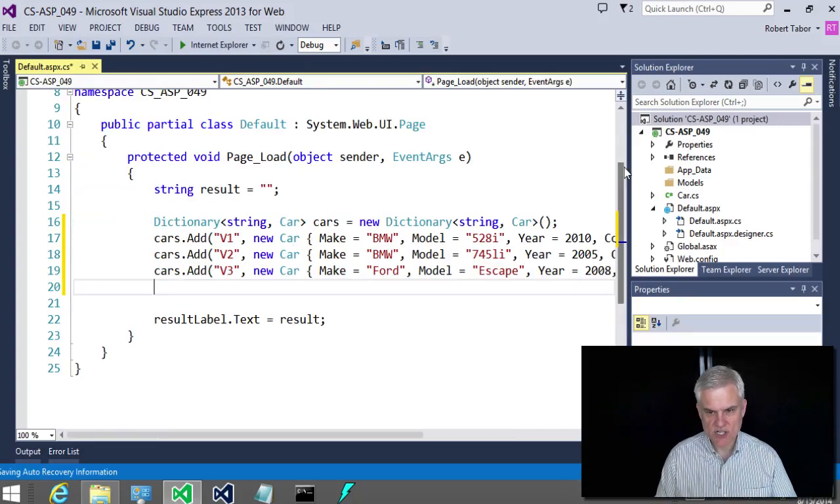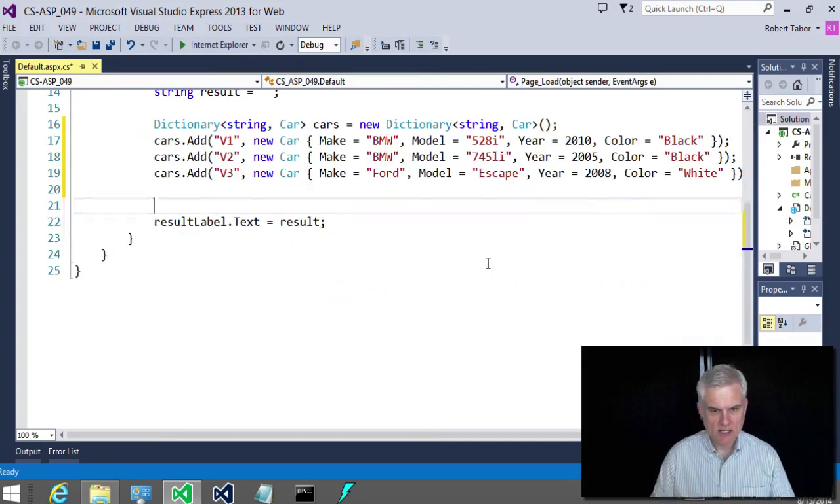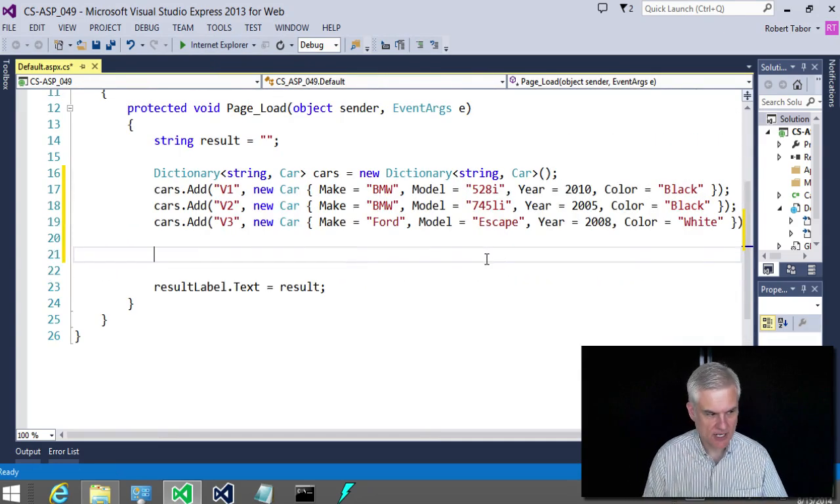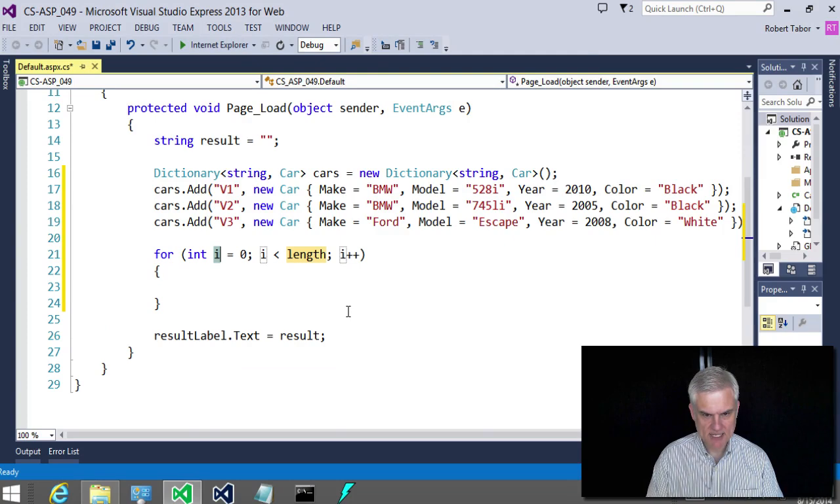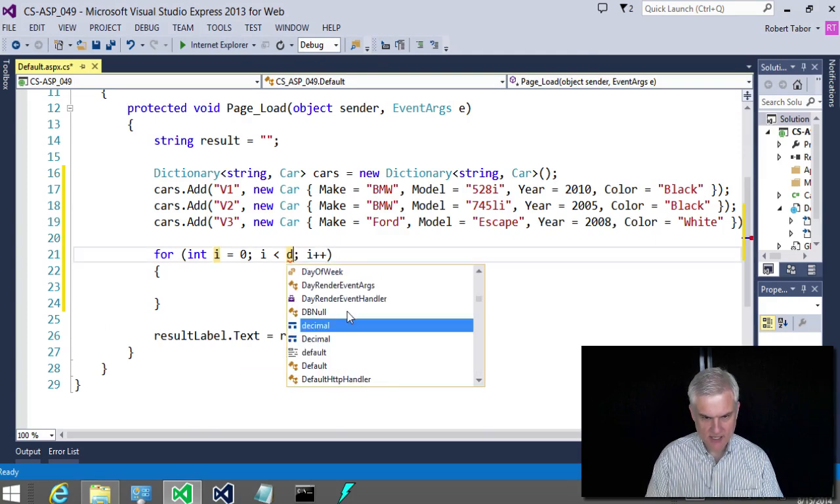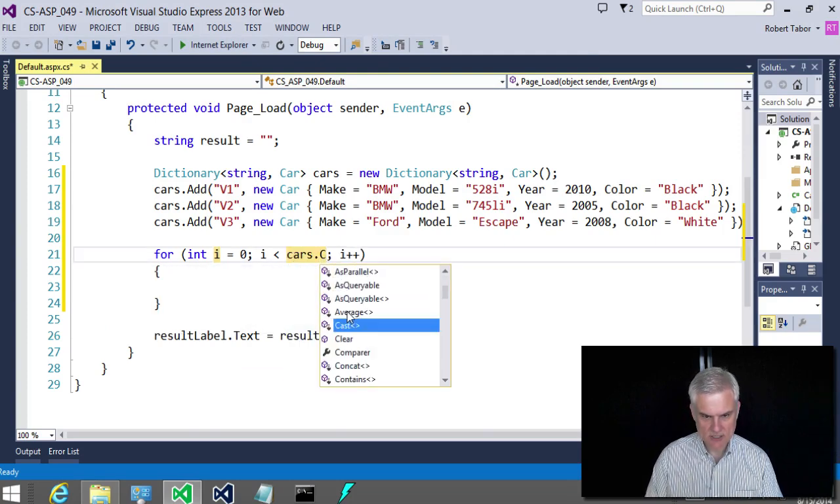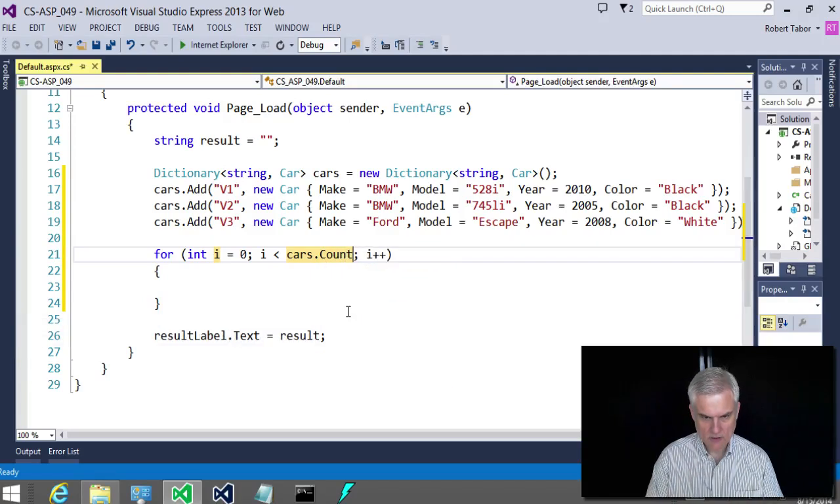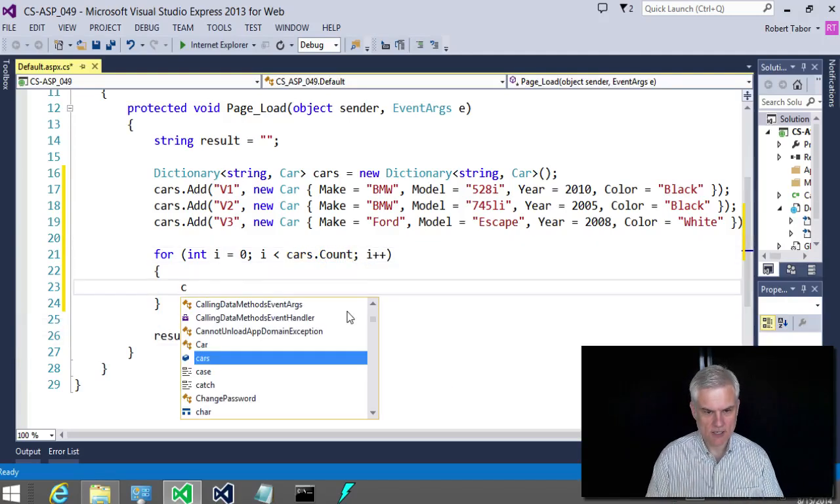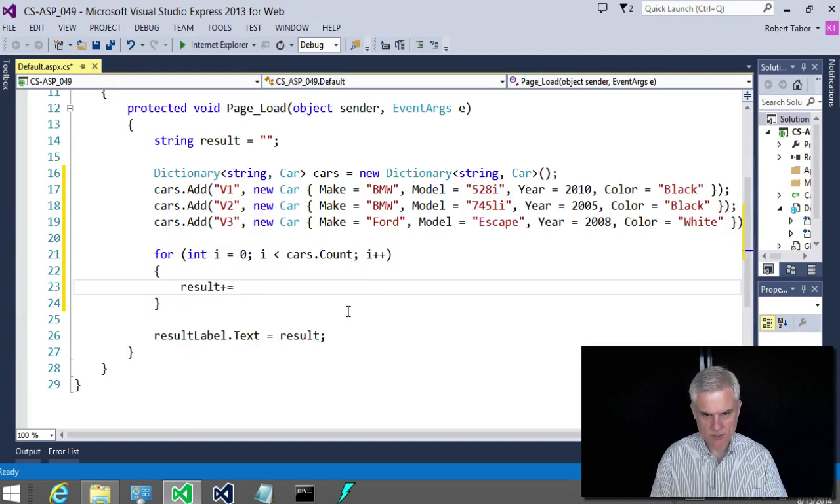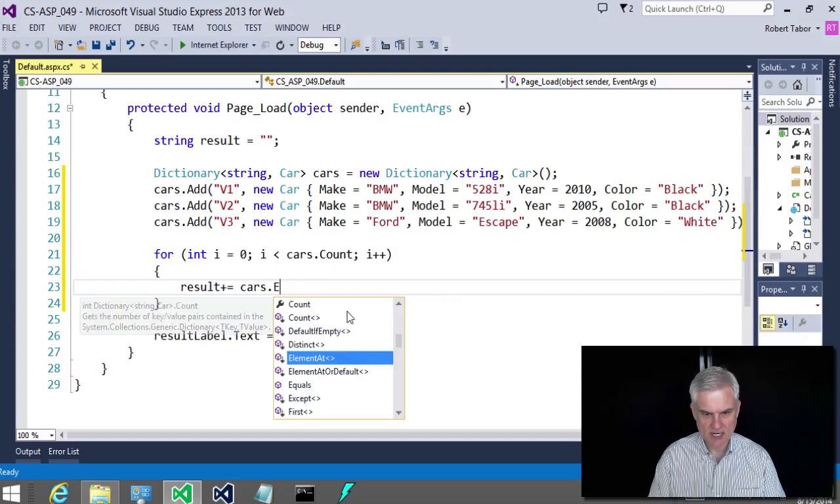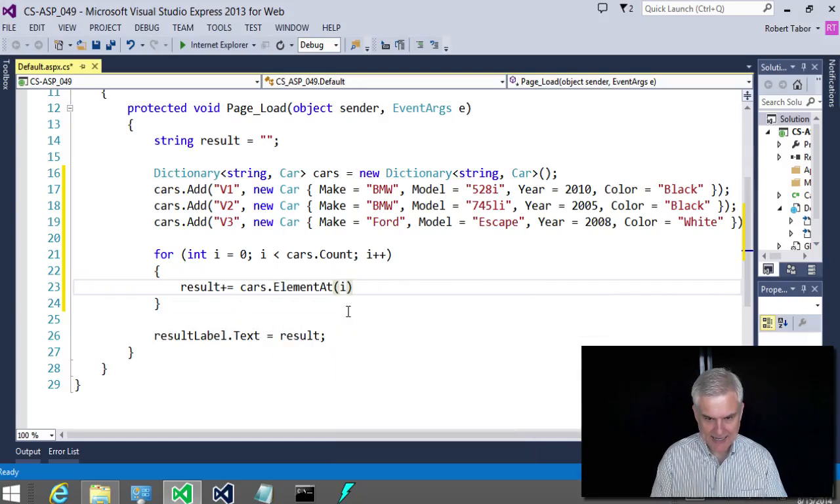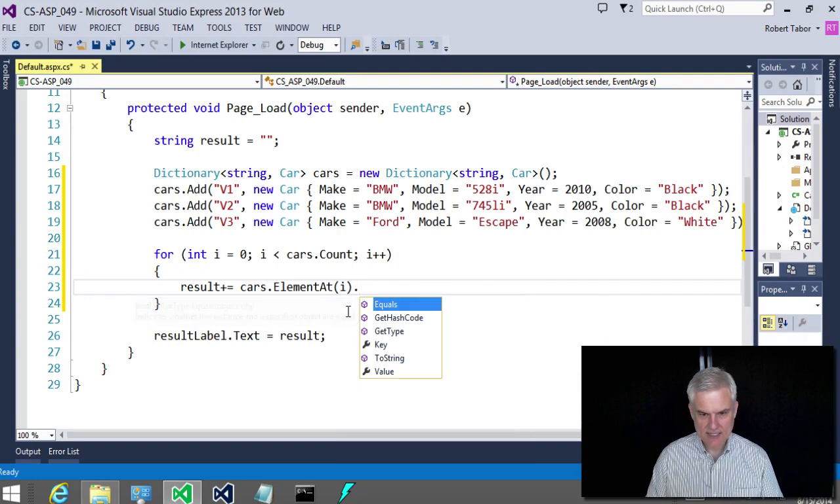Okay, so now we have our dictionary that contains 3 cars inside of it, and now we can do what we've always done up to this point, which is to do a for loop. So the cars still has a count. So we'll do that, and then we'll go result plus equals cars dot, and here we'll still use element at I dot, and here I'm going to display